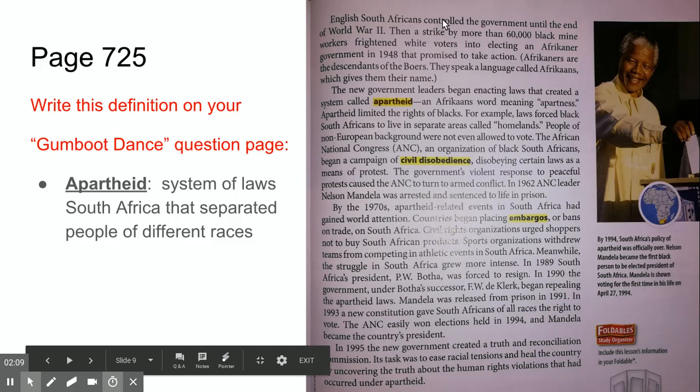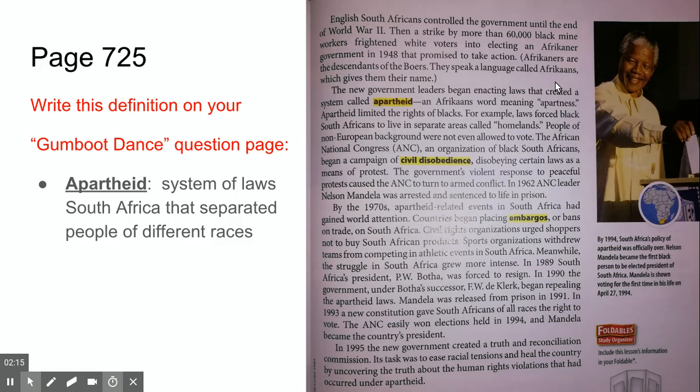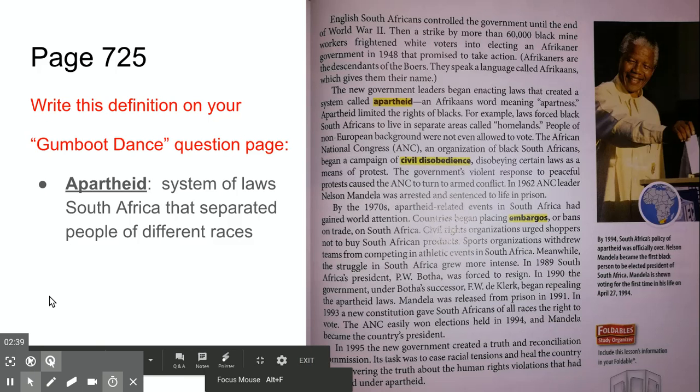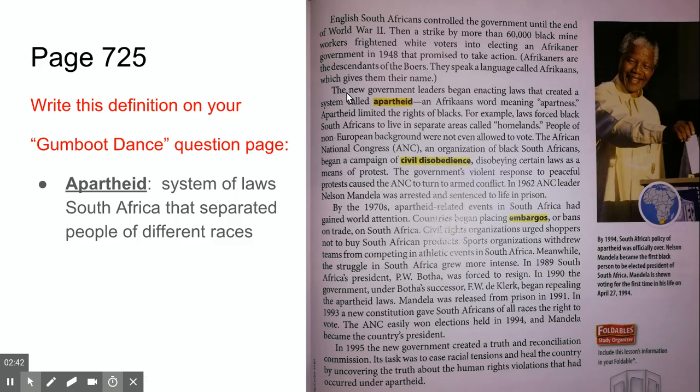Then starting at the top of page 725, it says English South Africans controlled the government until the end of World War II. Then a strike of Black miners frightened the white voters into electing an African government in 1948 that promised to take action. This new government had leaders that began enacting these laws called apartheid. That's how you say it, apartheid, like you tied a knot. And apartheid is an Afrikaans word